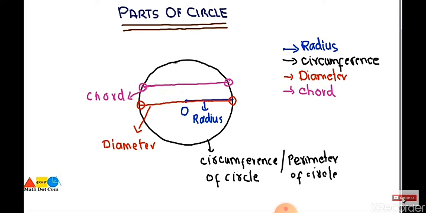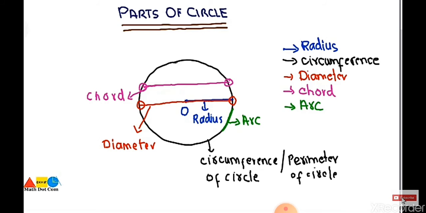The next part of the circle is the arc. What is an arc? If I take this part of the circumference of the circle, or any part from the circumference of the circle, that is called an arc. So this is called an arc. It doesn't matter where you take it from. So I'll say that an arc is basically a part of the circumference of the circle. Keep this in your mind, that this is what an arc is.